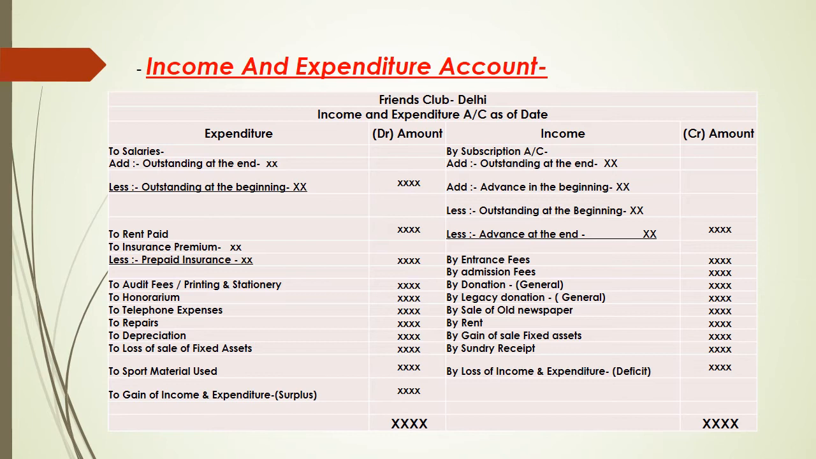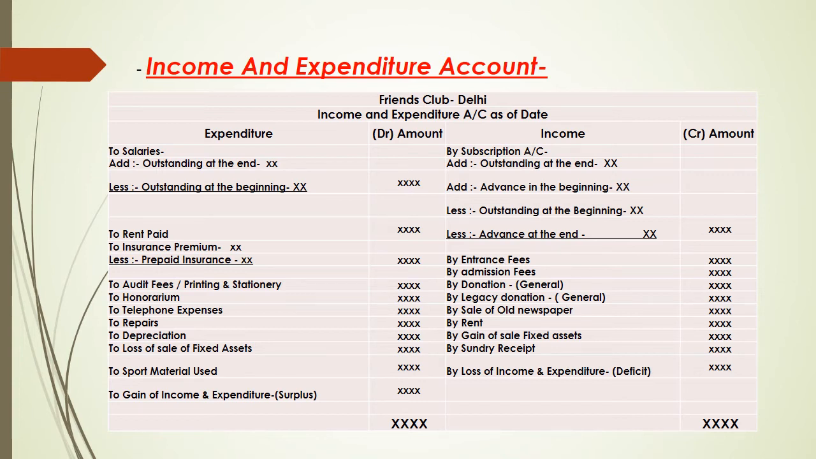So this is a specimen, and it should be clear that every item related to income and expenditure should be of a revenue nature and a recurring nature, and this account is normally called a nominal account. So students, I hope you have cleared all the queries about the income and expenditure,